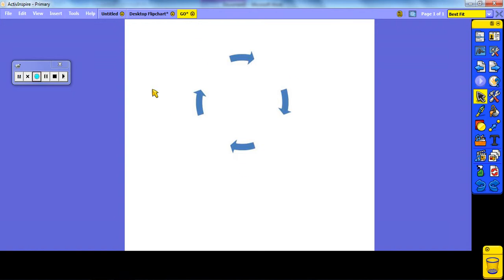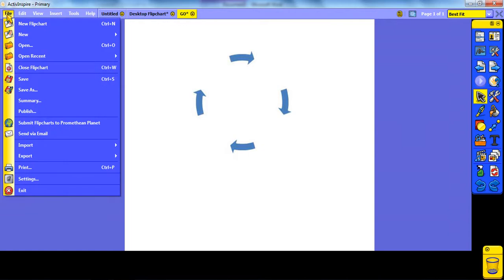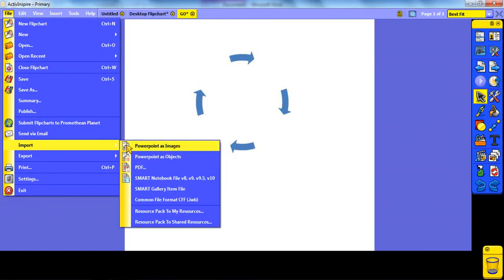Whatever you want to do with your graphic organizer, you have lots of options, but that's just one way to import the PDFs that you're saving from files you already have made and can have a digital copy that goes onto the Promethean board. Now, same thing here with importing your PowerPoints. Please always make sure you import your PowerPoints as objects, because this allows each piece to come through as its own object. You can manipulate it later,